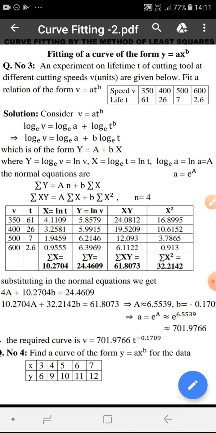So once you get all the entries of the third, fourth, fifth and sixth columns, then in the same column at the bottom you can find the necessary sums: summation X, summation Y, summation XY and summation X square. Once you get all these sums, then substitute these sums in the normal equations. We get the equations as